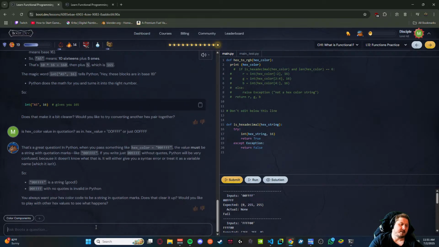Python, when you pass something like hex color, the value must be a string with quotation marks. If you write it with no quotations, that's invalid in Python. Okay, so it has to be a string.